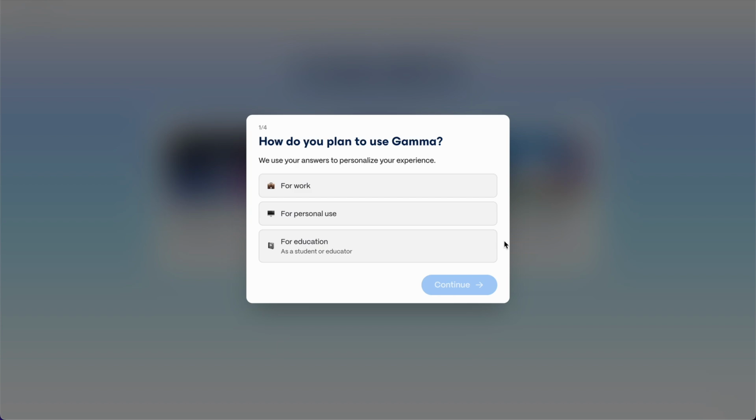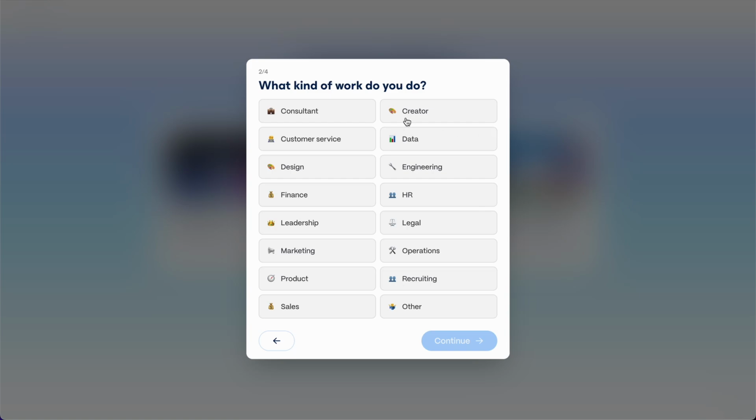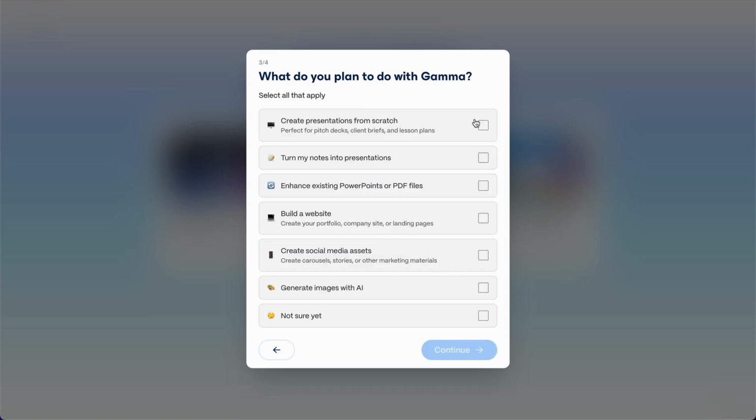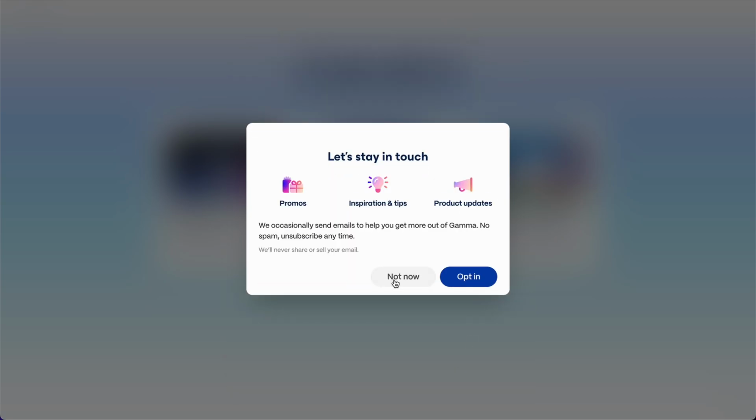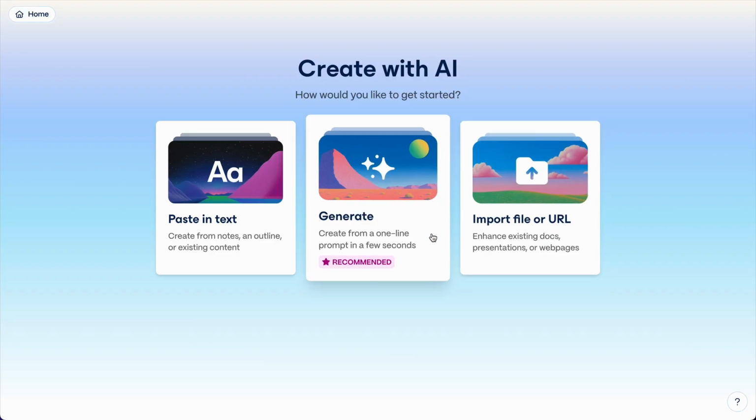And after that, it is going to start asking you how you plan to use it. So I'm just going to go ahead and put for personal use right here, and you can pretty much put whatever you want here. I don't really think it matters here, so I'm going to choose marketing, and just create these, and let's go ahead and choose YouTube right here. I don't really want to get email from them, so I'm going to go ahead and click on not now,